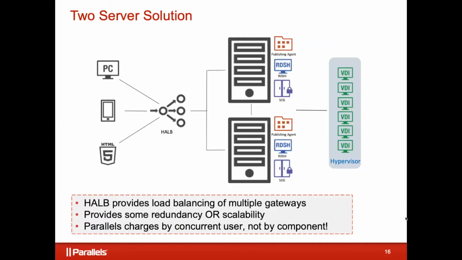I've also introduced the load balancer. I may or may not be connecting to a hypervisor for VDI, and I've now added some redundancy or some scalability. I probably haven't added both because I don't have N+1, right? If I'm fully maxed out and a single server fails, the other server wouldn't be able to handle everything. But I've got one or the other here.